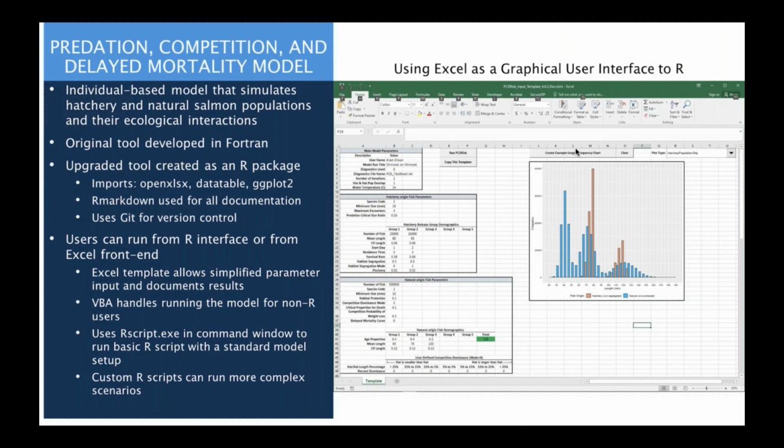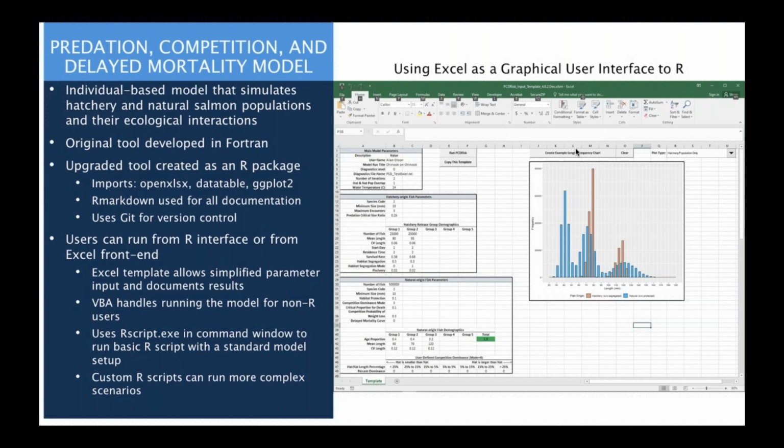So we've basically converted this into an R package. And again, because our users aren't really R coders, for the most part, we've created an Excel front end for this. The major packages that we've used to implement this are the OpenXLX package, data table, and ggplot.